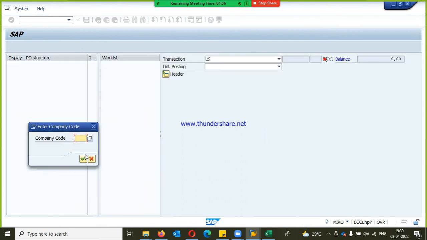Enter that MIRO and input your company code, RPL, enter,